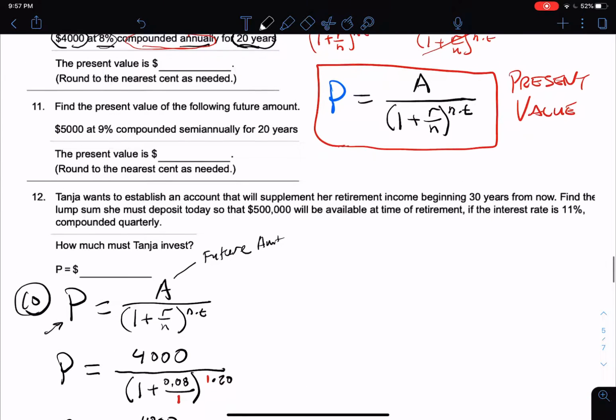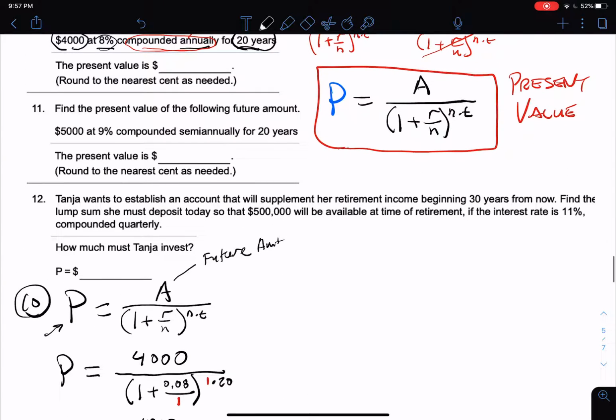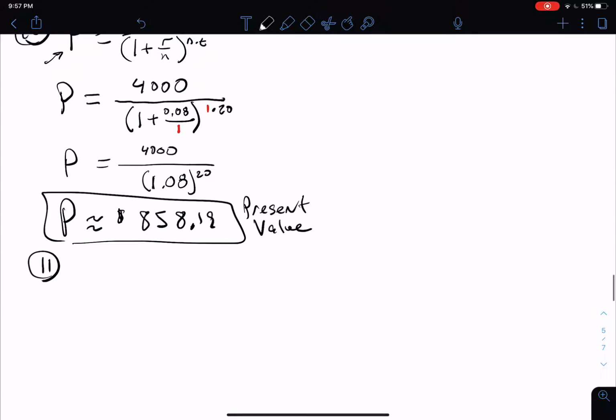Number 11: find the present value of the following future amount. Something to pull out right there is compounded semi-annually. That means that n equals 2. Remember, this is a future amount. That means this is your A value, $5,000. Okay, let's do this. The present value that we need is going to be equal to this future value of $5,000